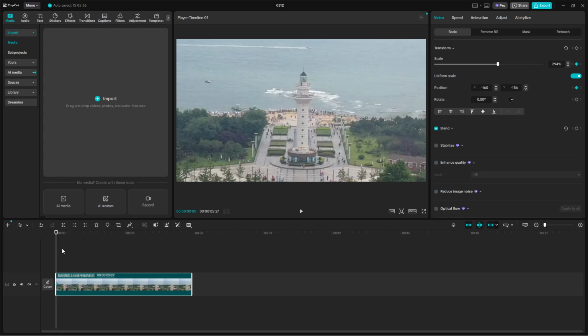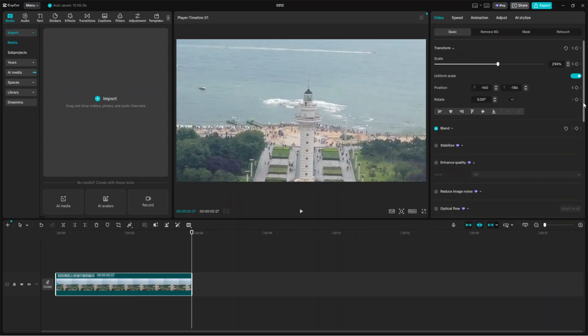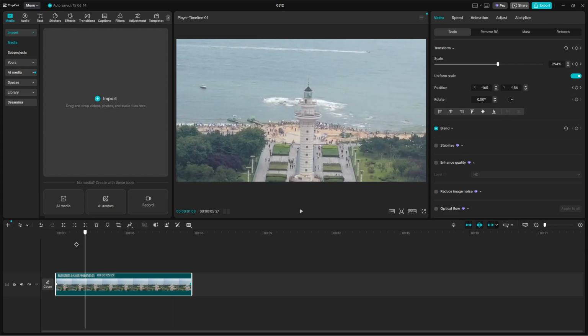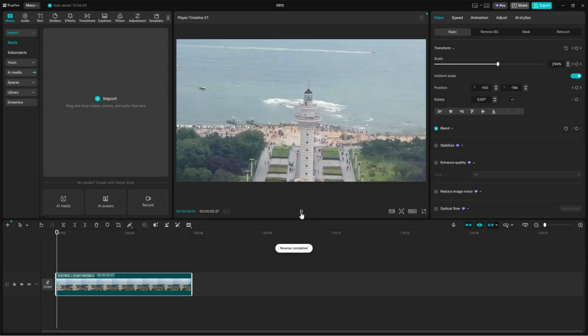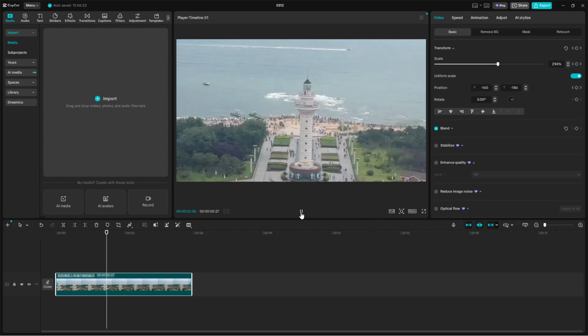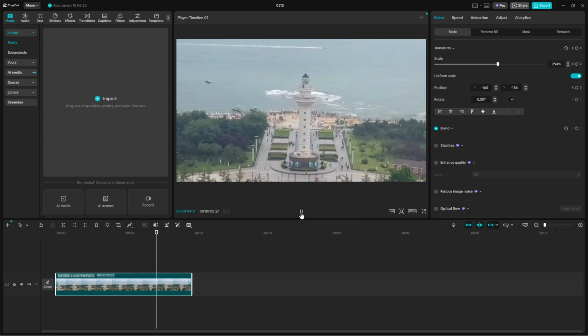If the movement feels too aggressive, reduce the scaling slightly and preview it again. Smaller adjustments often create a cleaner and more realistic result. You can also reverse the clip afterward if you want the motion to move in the opposite direction without rebuilding the effect from scratch. Continue previewing and fine-tuning the keyframes until the motion feels smooth and natural from start to